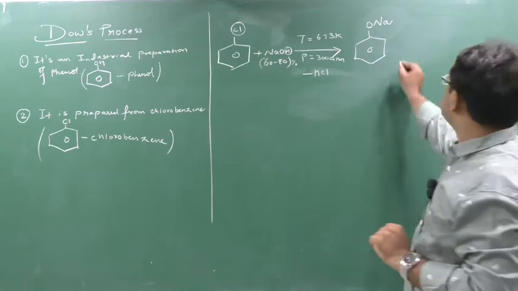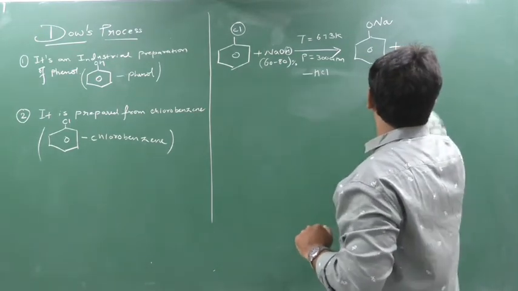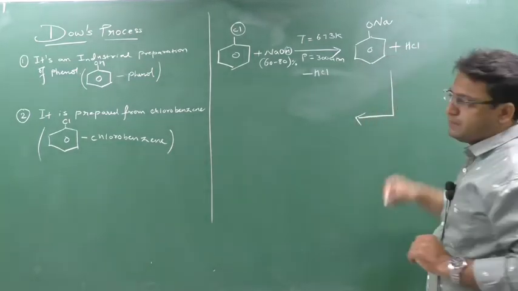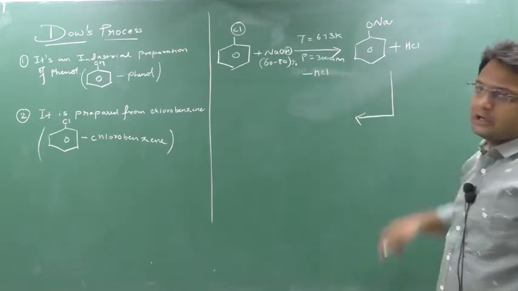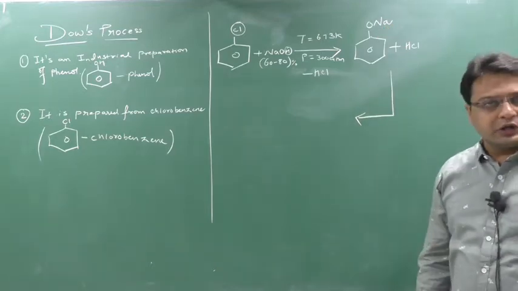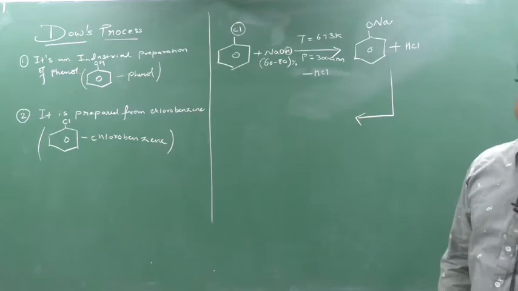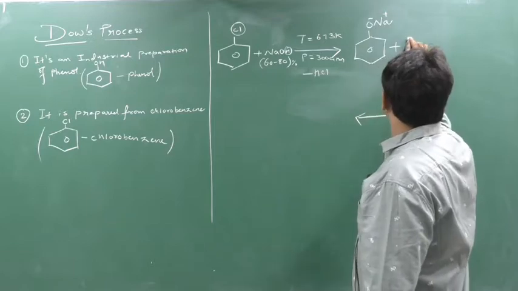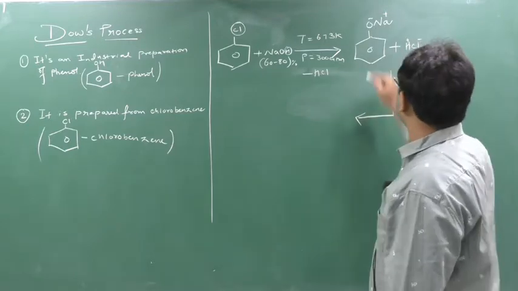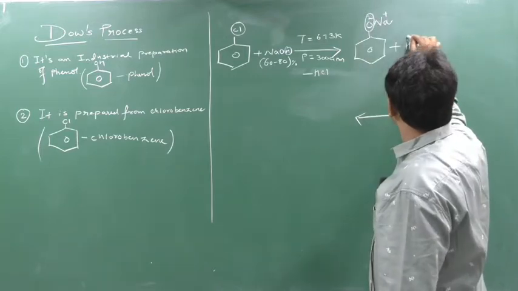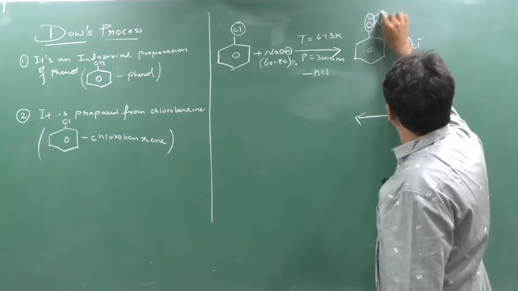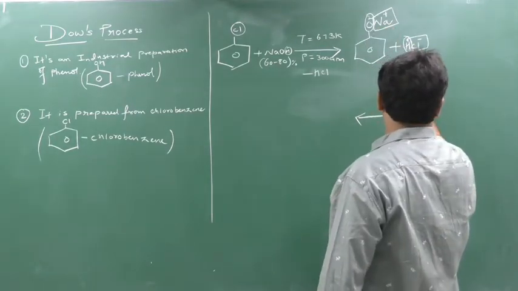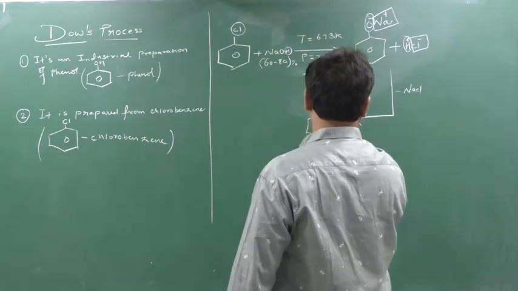Clear? In the second step we are doing acidification, which means I am giving HCl again. For acidification I can give H plus, but for this positive I have to show the negative also. So you can give your acid, or you can give water. In short, I have to do the acidification. So I am giving HCl here. Now see, this is minus and this is plus. Similarly, this is plus and this is minus. Now the reaction will occur. This minus will go with this plus, and this Na plus will go with this Cl minus. So NaCl will be generated, and OH will be generated here.